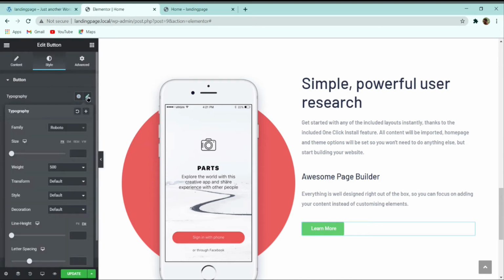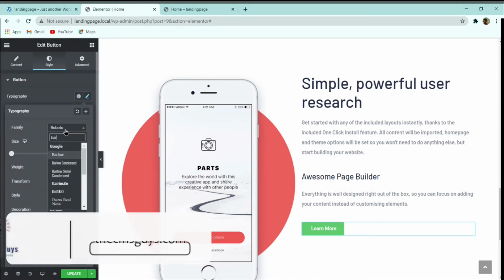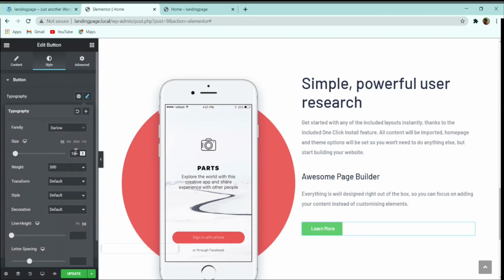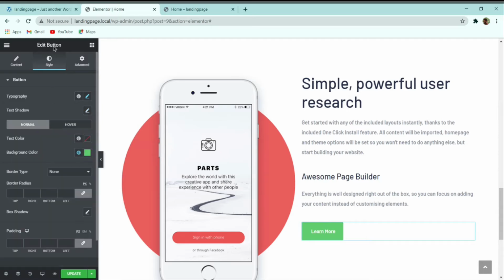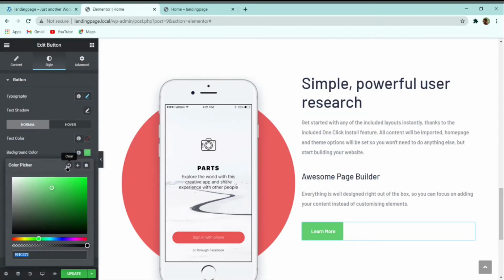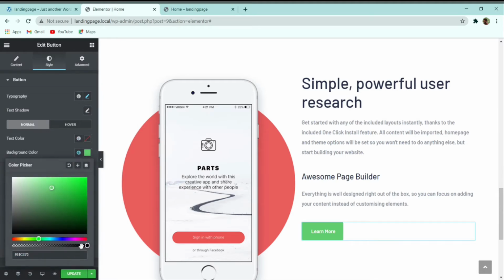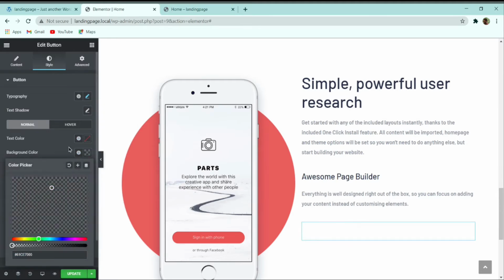Then go to the style, and then change the typography Barlow to the font family, and then font size to 15 pixel, and weight again I will give it 600, and line height I will give 30 pixel. So here you can see that there is no background present over here. So what I will do, I will delete the background from here, normal. So simply clear the background. So let me clear. You can also clear it like this.